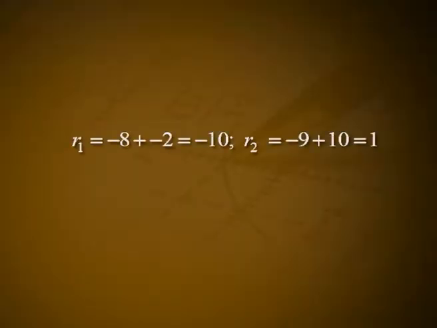The residuals are R1 equal to minus 8 plus minus 2 that is equal to minus 10, R2 equal to minus 9 plus 10 equal to 1, and R3 equal to 2 plus minus 1 equal to 1. Now the highest residual is R1, that is minus 10. The operation capital R1 gives the residuals as R1 equal to minus 10 plus 10 that is 0, R2 equal to 1 plus minus 1 that is 0, and R3 equal to 1 plus minus 1 equal to 0,